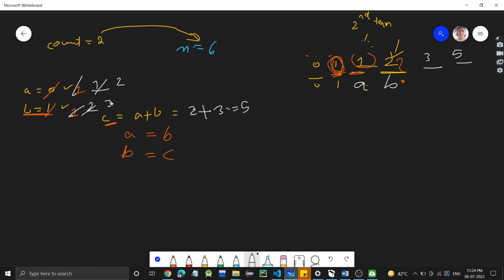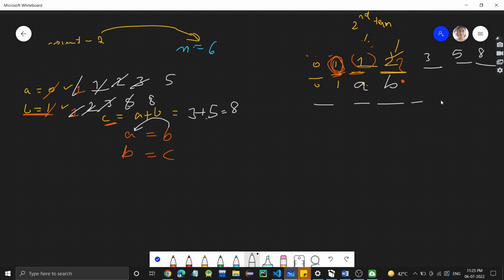B will be updated to A. It moves like this, right? The B value will be given to A. So B was 3, it is given to A. And the C value will be given to B. So C is 5, it will be assigned to B, 5. Okay. Now I forgot to update the count also. So side by side, count will also update. For the next one, what will happen? 3 plus 5, which is 8. So 8 will come here. And B will be given to A and C will be given to B.